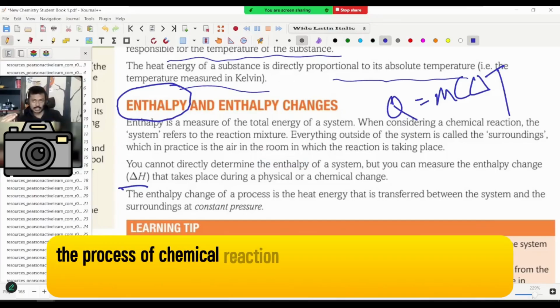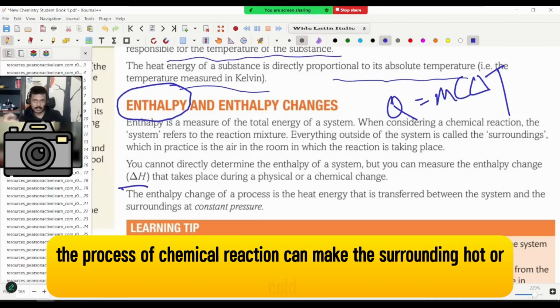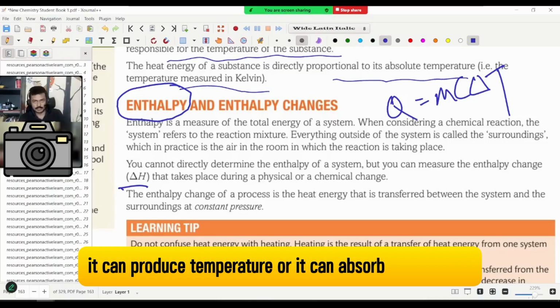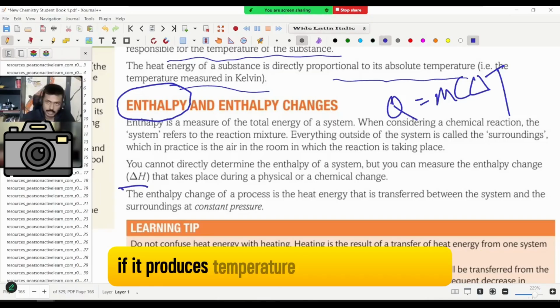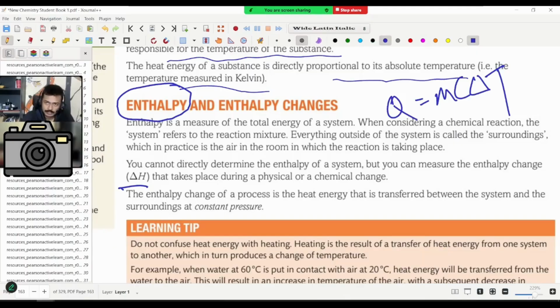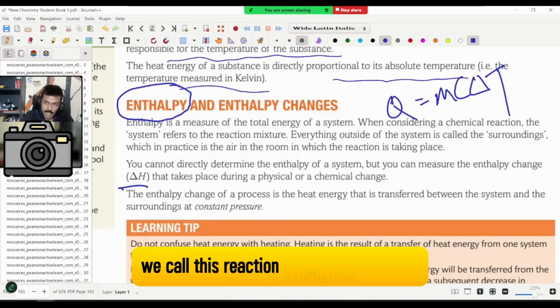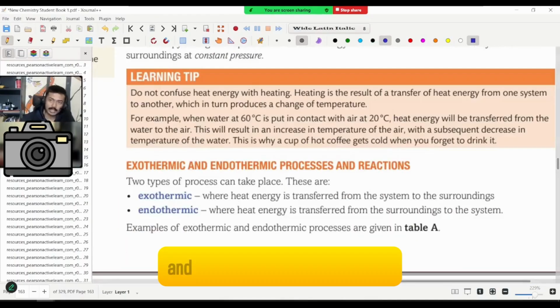The process of chemical reaction can make the surrounding hot or cold. It can produce temperature or it can absorb temperature. If it produces temperature, you will feel the heat. If it absorbs temperature, you will feel the cold. So when it produces temperature, we call this reaction exothermic reaction, and when it absorbs temperature, we call it